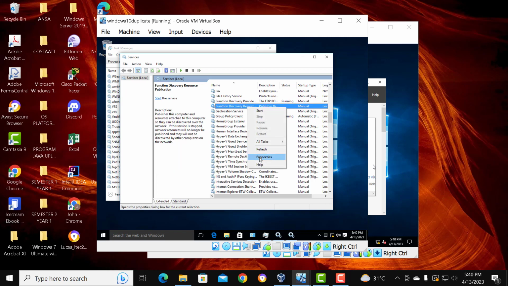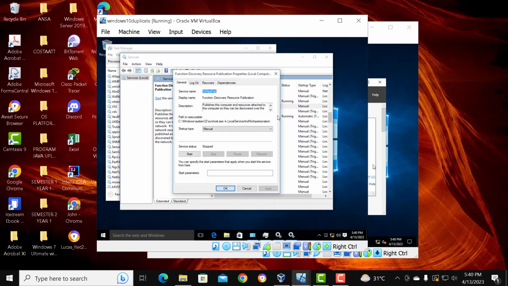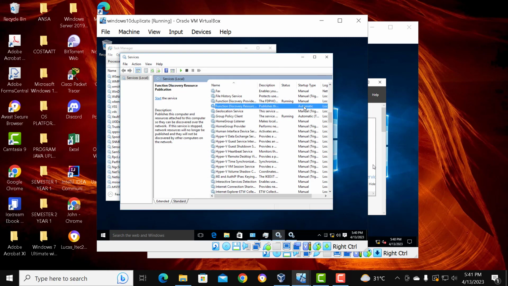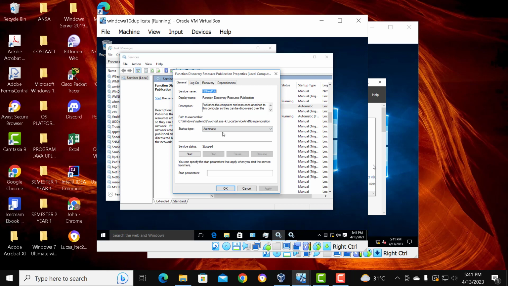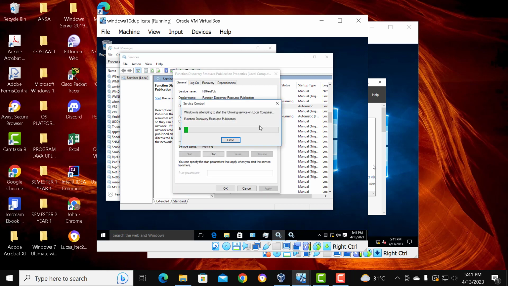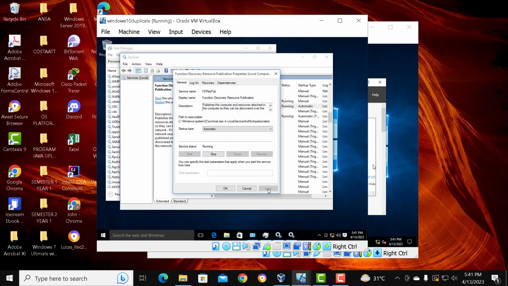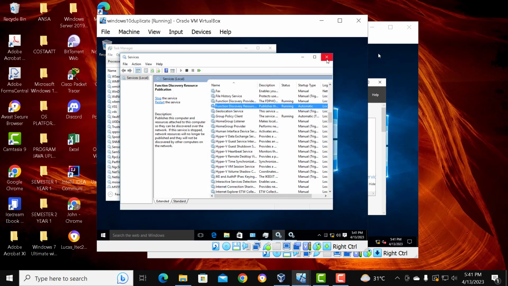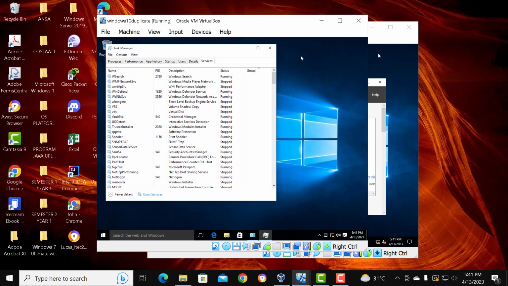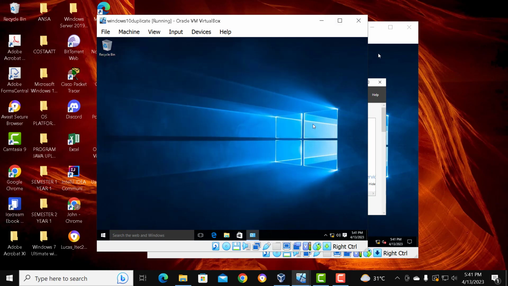Alright, we're going to click on properties. Let's set from manual to automatic, press OK. There you go. Alright, so that should be running right now. Just double check. Right, there you go. Right, so when I close this off, this will be our final step here in terms